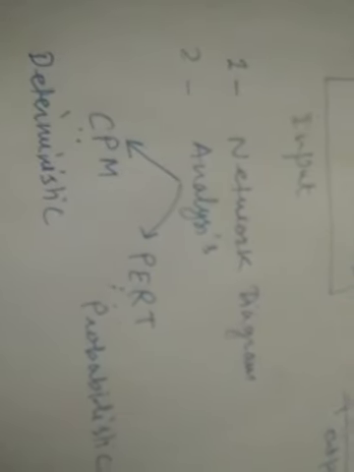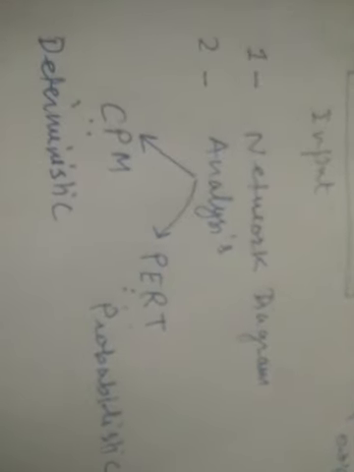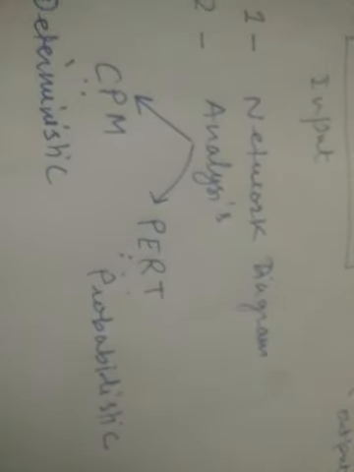Deterministic is when you are provided only one time estimate, that is fixed. The duration of the activity is fixed. In probabilistic time estimates, if an activity is repeated, you cannot say that every time it is going to take the same duration. On the basis of that philosophy, probabilistic time estimates are taken. So not a big difference. Almost the process is the same, only the time estimates are taken differently. This is the situation where these two techniques are used.